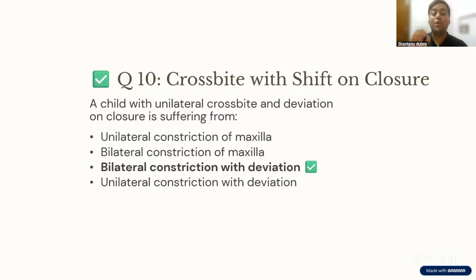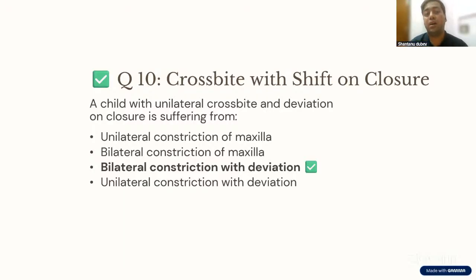body has this really awesome mechanism. Always remember from general pathology, I hope you remember that whenever there is any problem, the body tries to normalize it as much as it can. So whenever there are reduced red blood cells, it would increase the precursors in the bone marrow so that more red blood cells are produced, right? Same concept. Whenever there is constriction of the maxilla bilaterally, the body thinks and says,